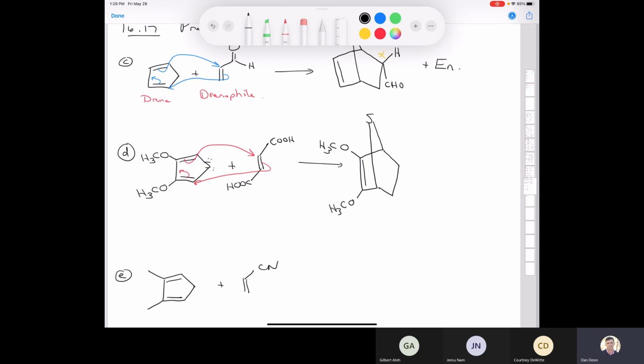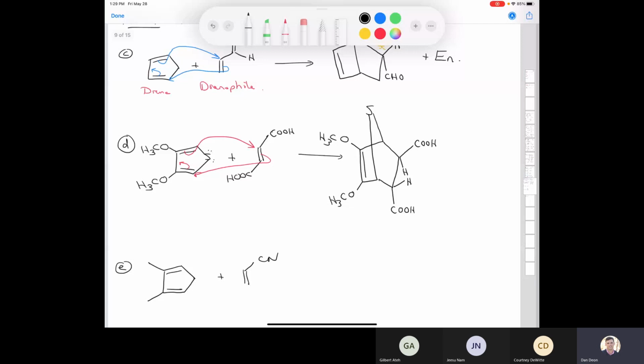Okay. So again, if these two groups are trans to each other, these two carboxyl groups, right, one of them is going to be pointing up like this. So one of them is going to be in an endo or an exo position, and the other one is going to be pointing down in the endo position. Like that. And to clarify, you can put the proton pointing up and the proton pointing down like this. And of course, you can also have the reaction occur to form the enantiomer, right? Because these are chiral centers. So we can end up forming this compound plus